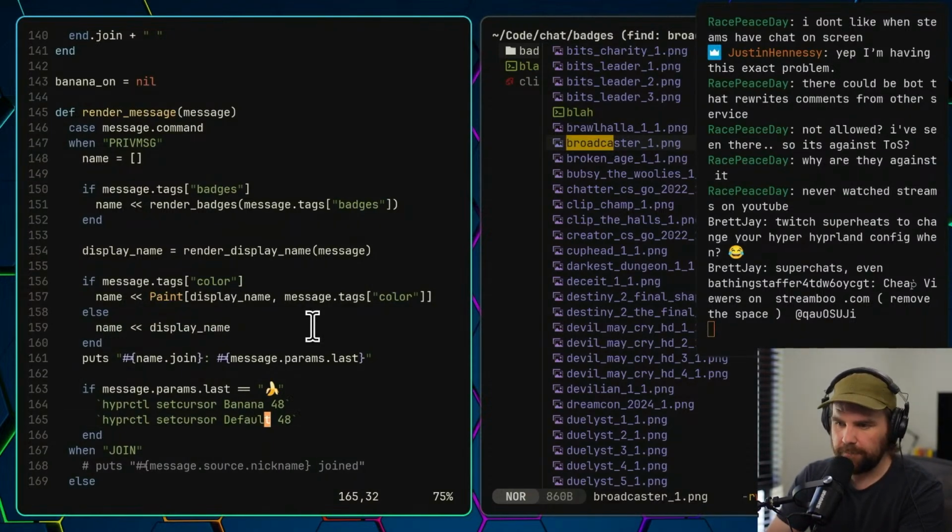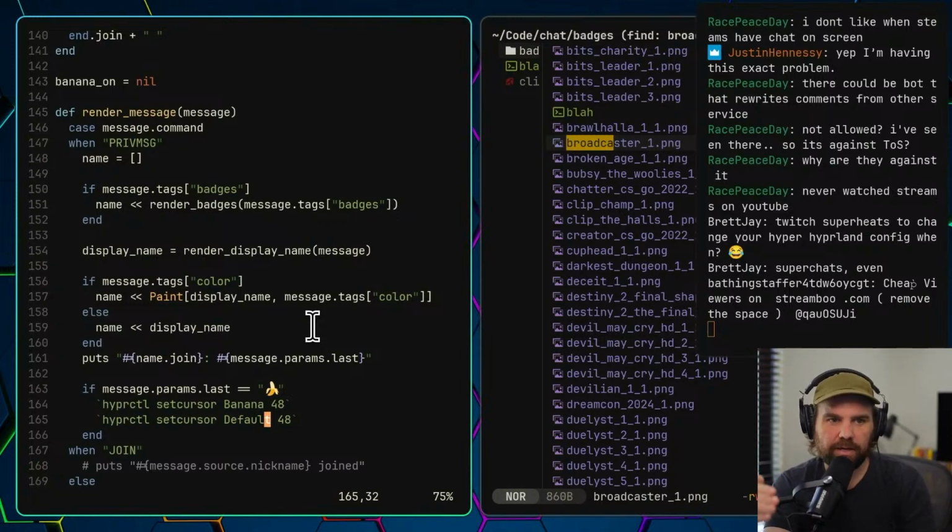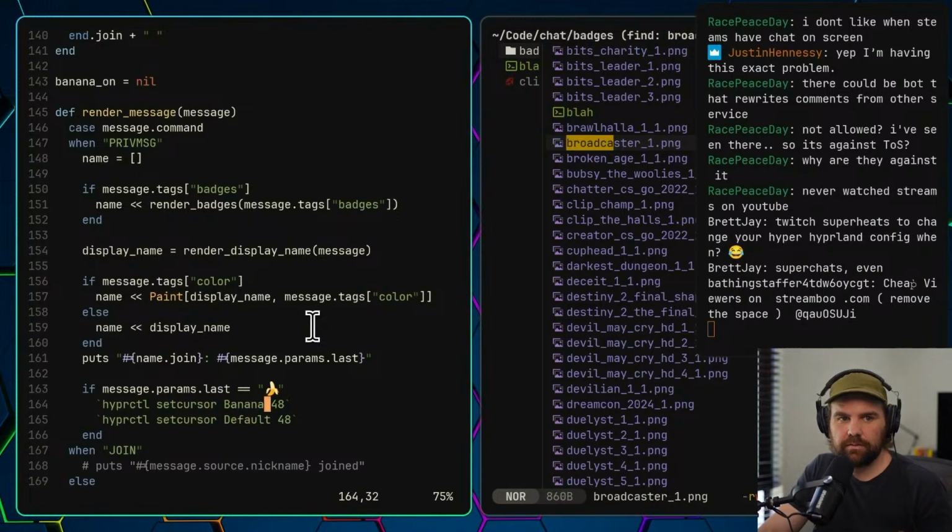So, maybe it should be like a basketball dribble. For as long as the bananas are coming, it just keeps adding on. If no one puts a banana in the chat, then it will just stop. And there should be like a countdown. Nah, it's complicated, but this is fine. So it'll just reset the banana handling.